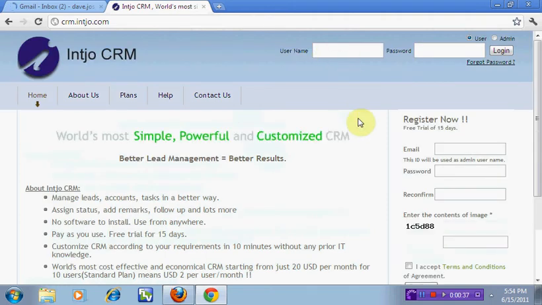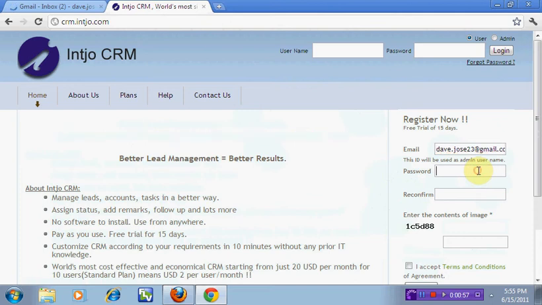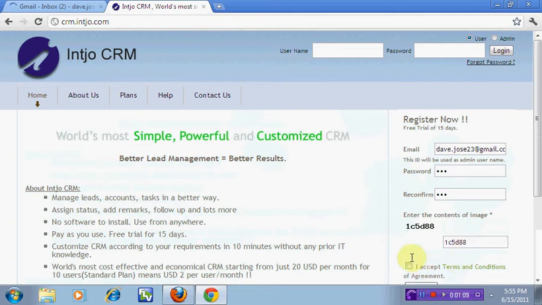Enter the email ID that you want to use as admin, username, enter the password, reconfirm the password and enter the contents of the image. And hit register.